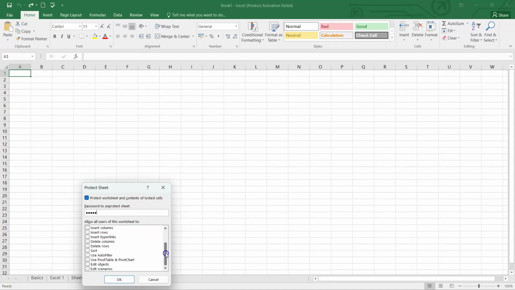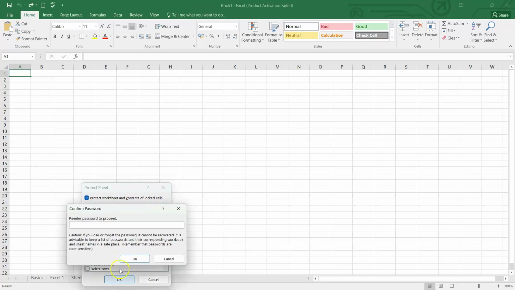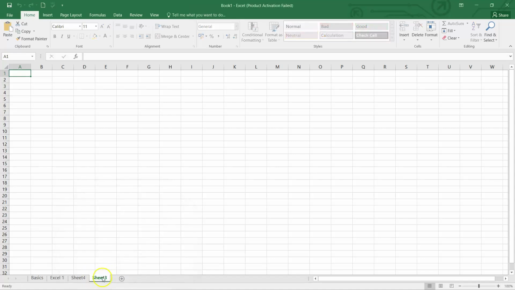So you can select whatever you want to protect. Once you have selected that, you just press OK and re-enter the password. My password was 1, 2, 3, 4, and 5. I'll click OK, and now my sheet is protected. Whenever I want to go to this sheet, any unauthorized person cannot just directly see it. They'll have to put the password over there. So that's how you password protect your sheet.